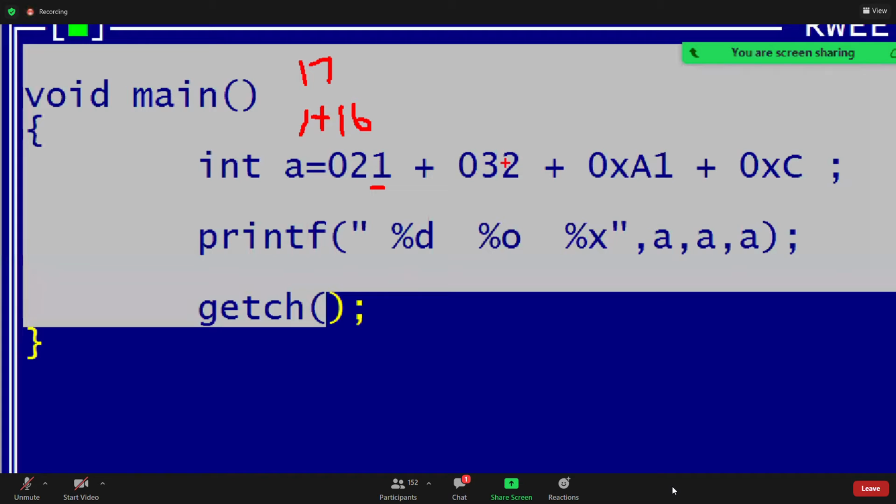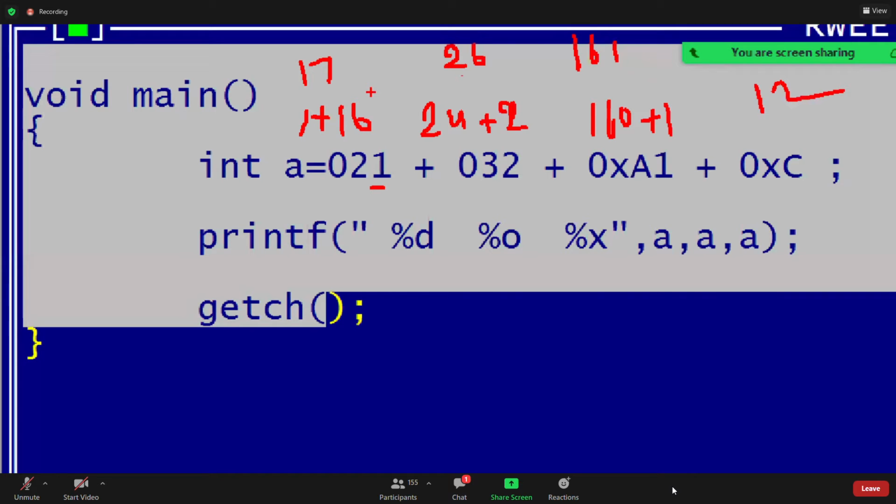This value: 2 into 8 power 0 is 2, plus 3 into 8 power 1, 24. This is 26. Then 1 into 16 power 0, 1, plus 10 into 16 power 1, 160. This value is 161. This value is 12.